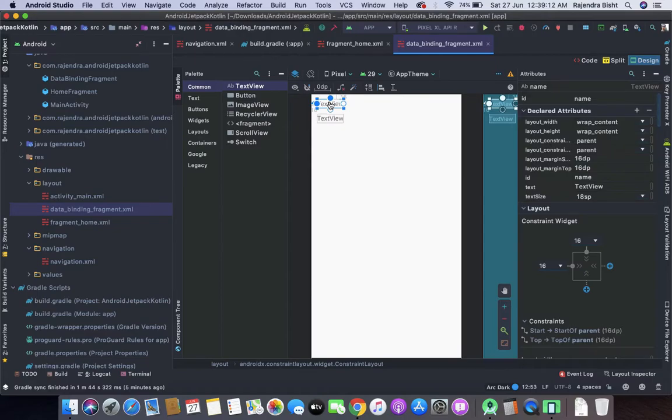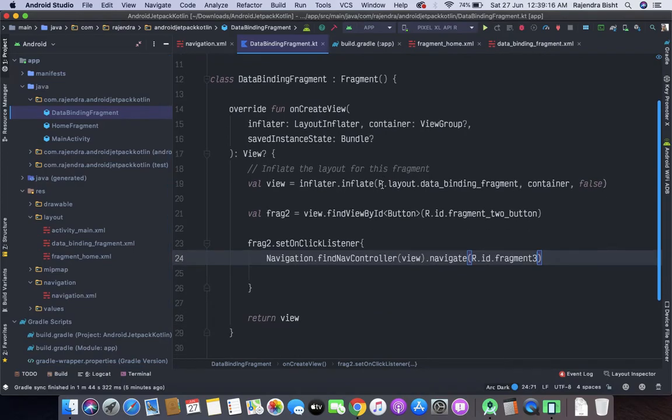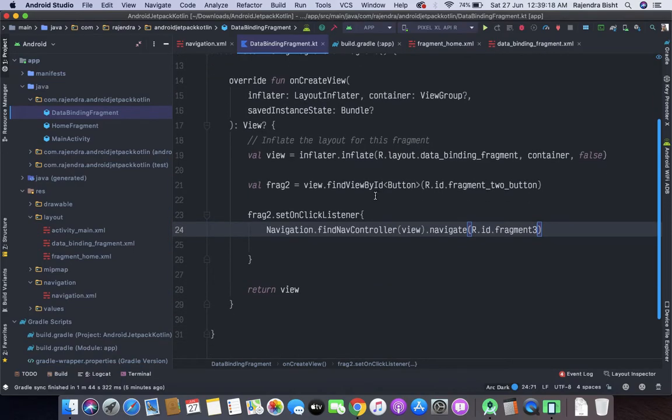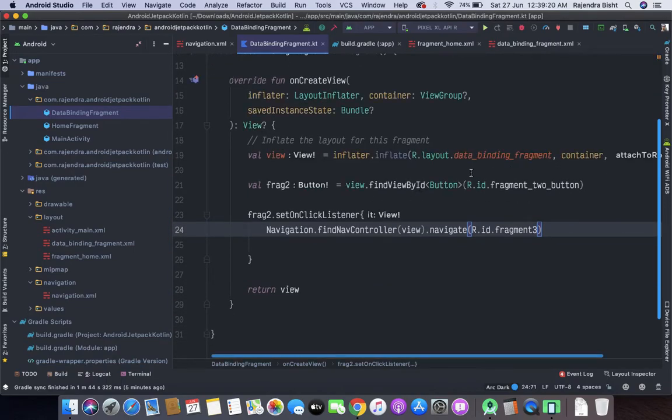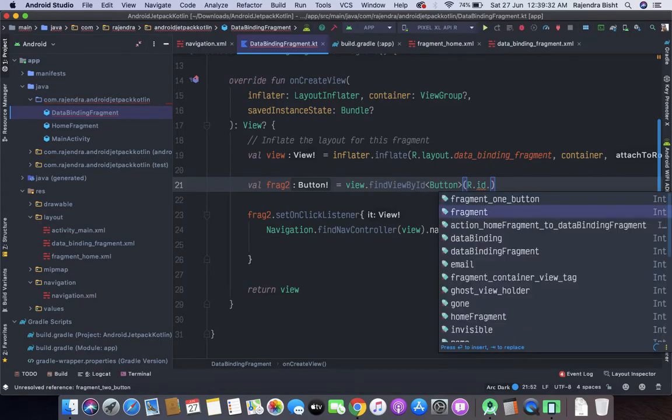So now we will go to the data binding fragment and here we will initialize the data binding. So here it will be fragment data binding fragment.